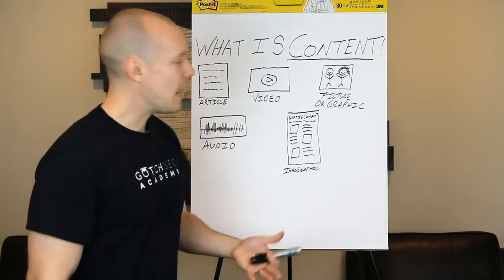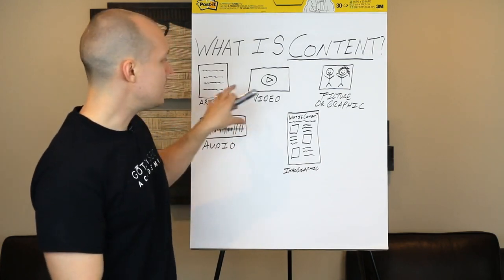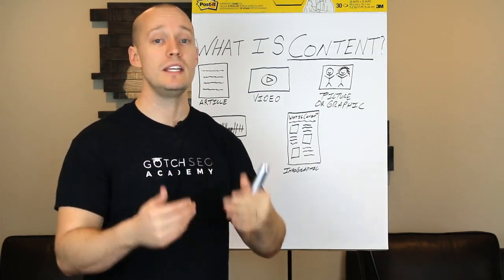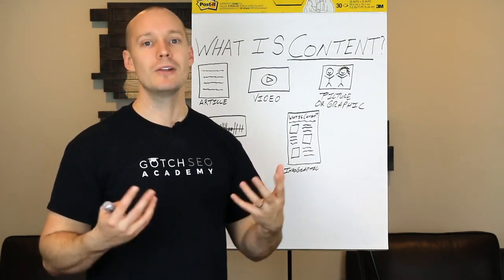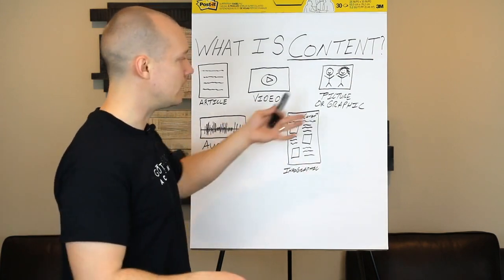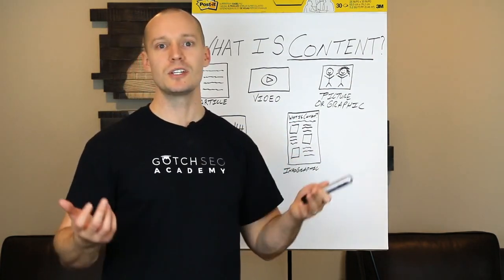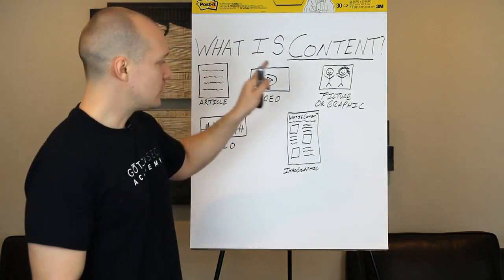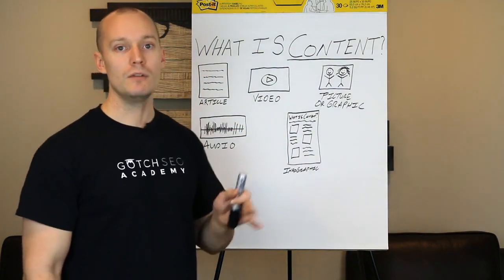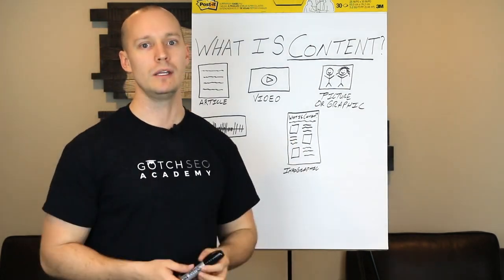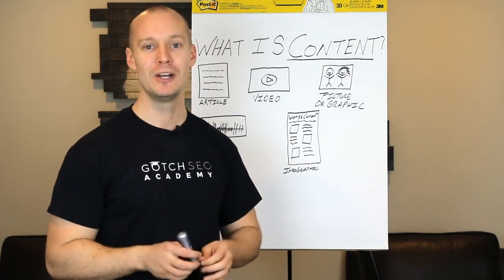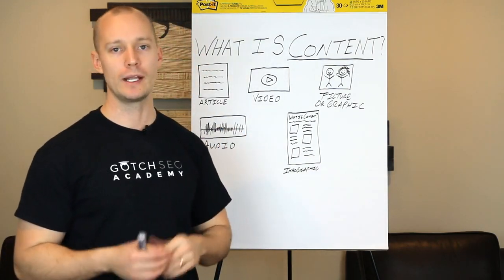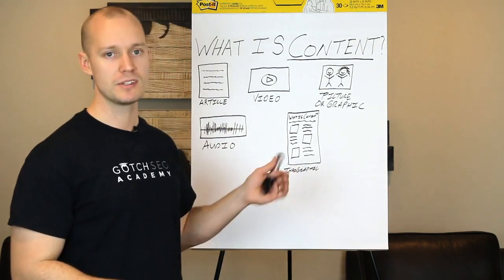Adding each of these content types is going to add levels to your content. It's going to make your content deeper, and therefore it's going to make your content better than most people's because most people are not going to create all these different content types for a single asset. So it's really important that you understand that each of these assets can really elevate your game and make you stand out in a big red sea of content that's out there. Audio content is a really big one. Not a lot of people are creating audio content. And plus, you can repurpose this as a podcast.